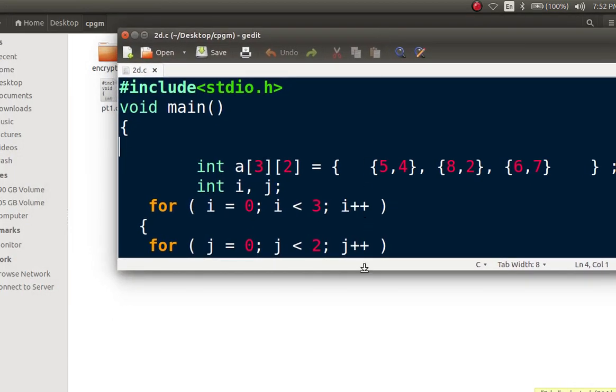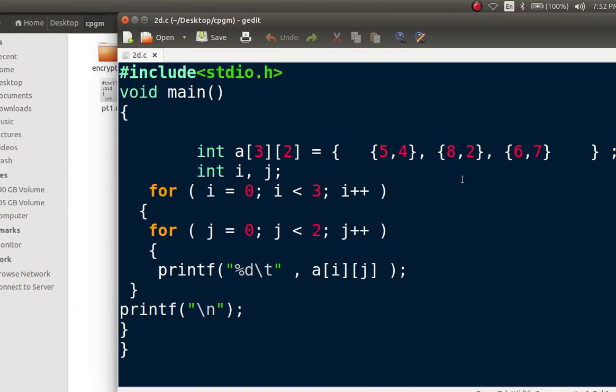See the program. This is our program. The array name is a, with 3 rows and 2 columns, and this is how to initialize the array elements in these braces. This whole brace represents the first row, this is the second row, and this one is the third row.